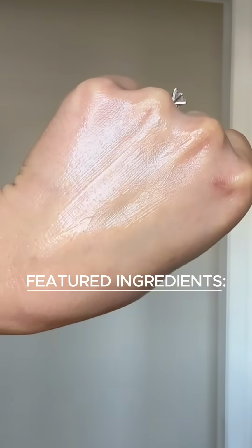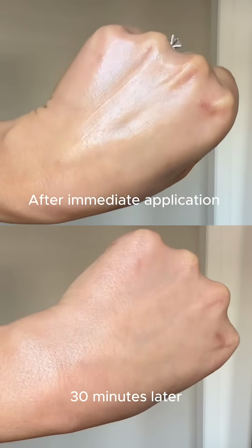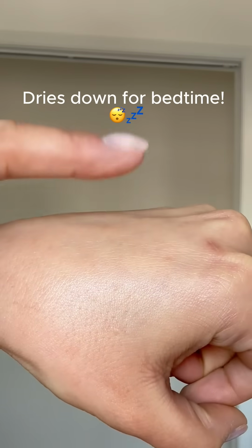Leave on overnight for at least 8 hours and rinse off in the morning, followed by moisturizing and applying your favorite SPF. And honey, when I tell you, you will be waking up with the softest, tightest, most fabulous looking